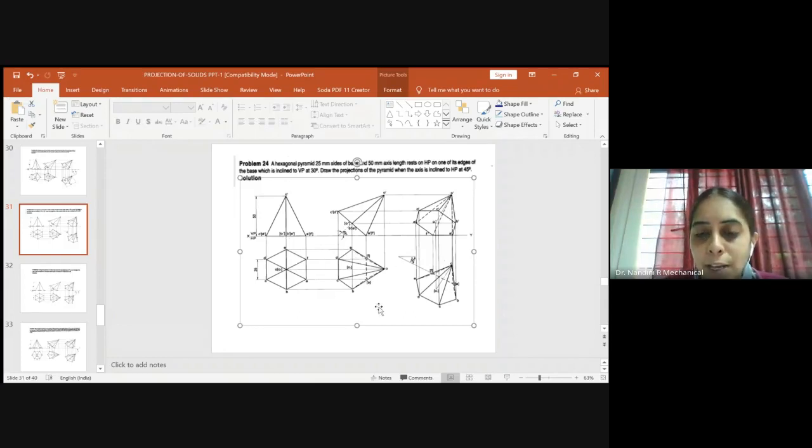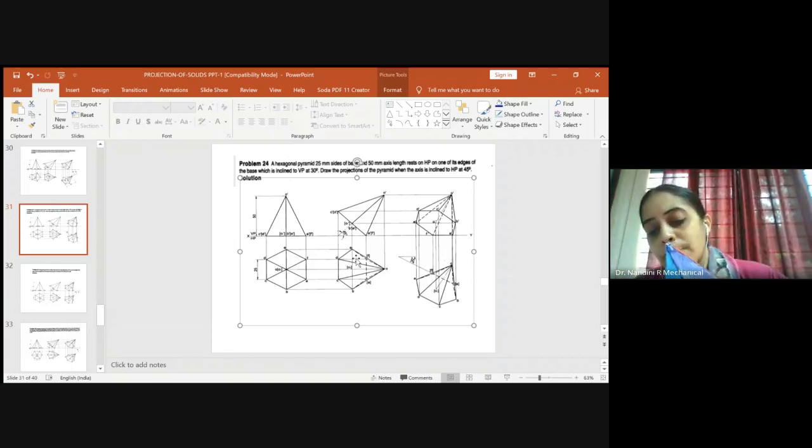So now we have to identify which are the hidden lines. Here we can see we have one corner on the XY line, which is A dash and F dash. The projection coming through that corner, which is on the XY line, will be hidden. So this edge we will make hidden. So F to A will be hidden. The projections coming through the hidden line also will be hidden. I told you when it has been inclined in this position, when the observer views from here, three edges will not be visible. 1, 2, and 3. So this one, this part of the edge, and this part of the edge. So these three edges are now hidden.